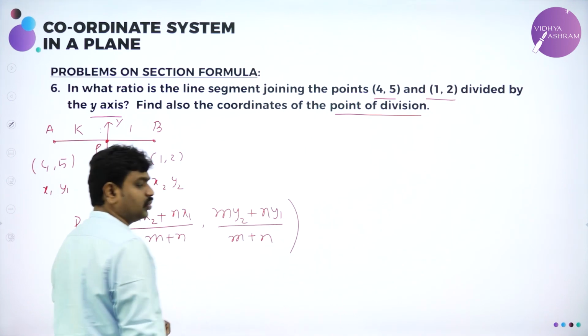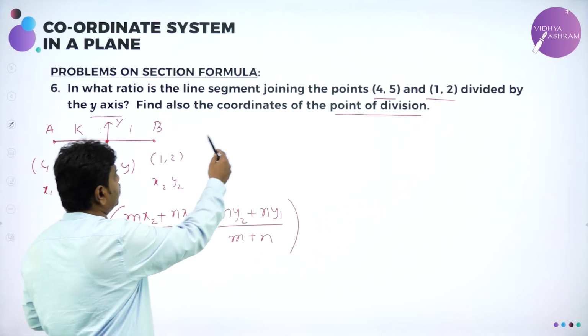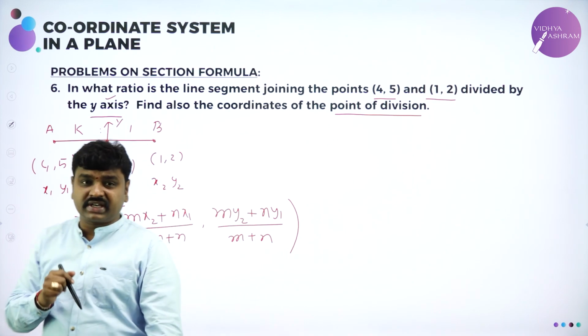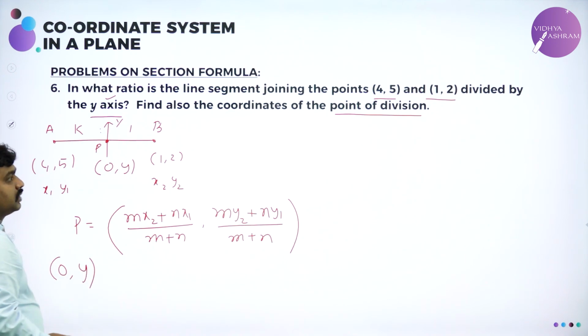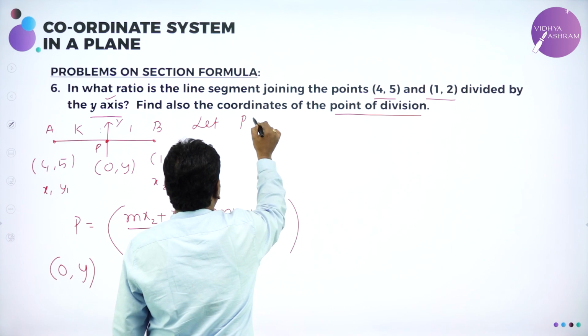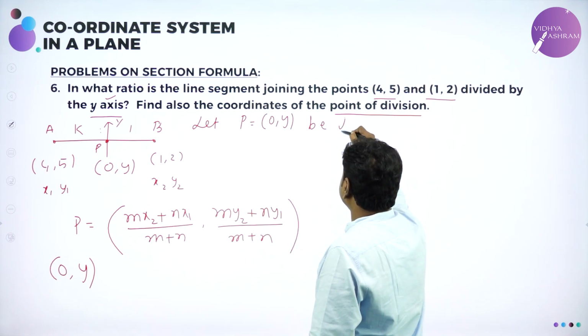And the LHS value you know. So the point of division they gave, what is it? The point of division lies on the y-axis. So can I take the point to be 0 comma y? So in the beginning we can take this explanation. Let P equal to 0 comma y be the point